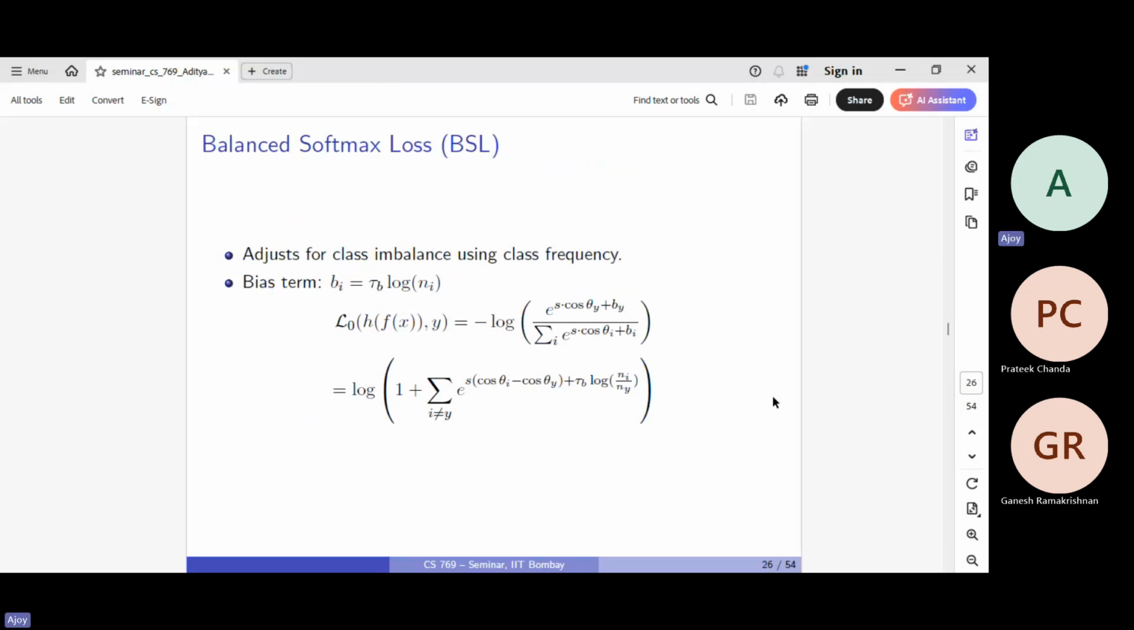So balanced softmax loss is the most important term, which has given us this proper robust fitting. In the bias term, which was in the earlier slide, we input this T_B times log n_i. n_i is the class frequency of the i-th class, and T_B is just a scaling factor which we can tune as per need. That's a temperature scaling. So when we minimize this loss function, we can see